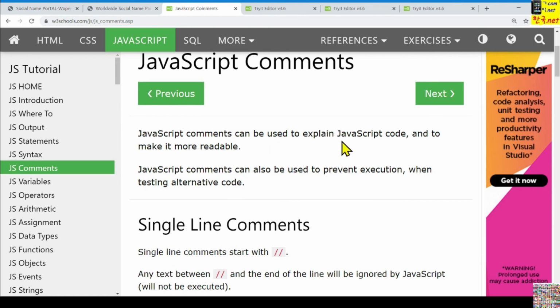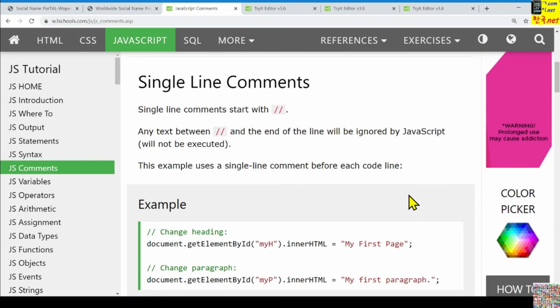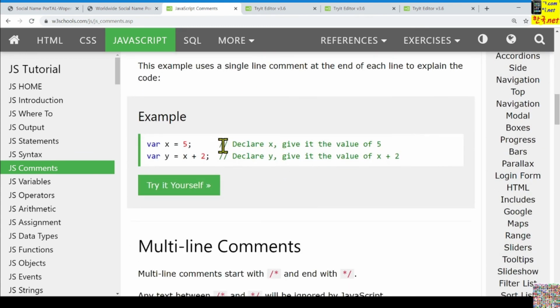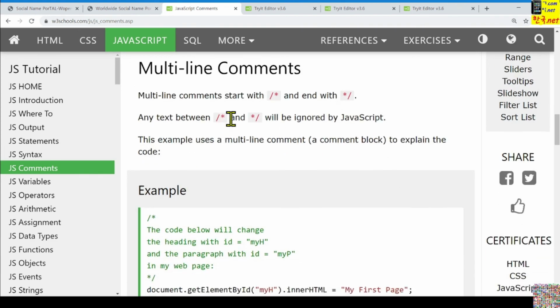JavaScript comments can be used to explain JavaScript code and to make it more readable, like comment statements in other programming languages. A single line comment is like this, and for multiple lines, even for a single line, we can use slash asterisk and asterisk slash to close the comment statement. But mainly for multiple line comments, we can start with opening slash asterisk and close with asterisk slash.